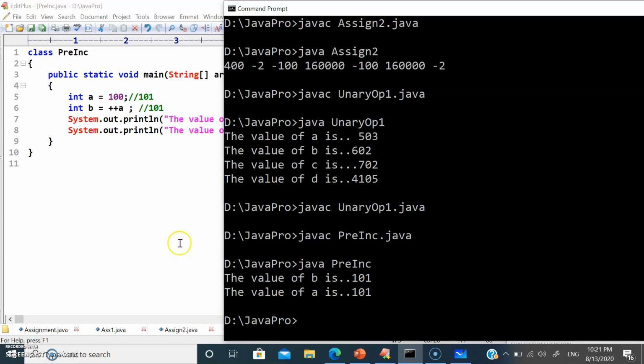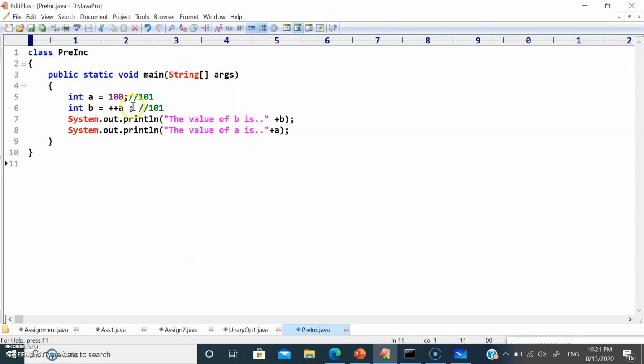So the pre-increment operator, first it will do the increment. At the same time it will assign the value to b, and at the same time a's value also would be getting changed in the memory. So it will not work like a post increment operator. That's what the name itself tells you: post increment, in the sense after assigning the value it's going to do the increment. Pre increment, first itself it does the increment operation. That's the reason we call it a pre increment operator in Java.